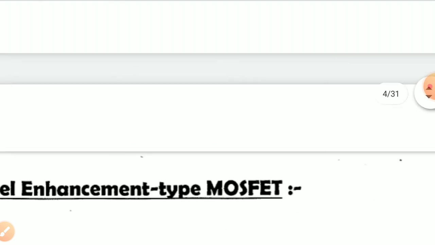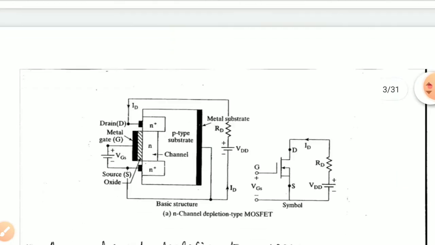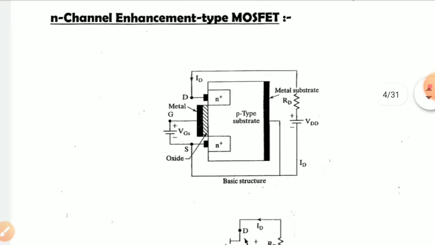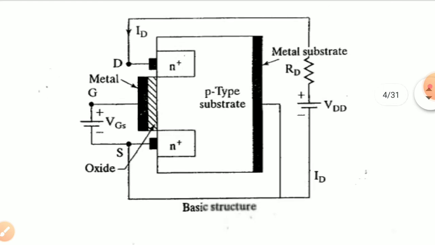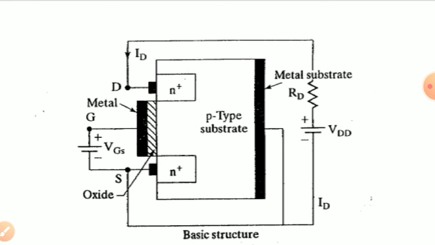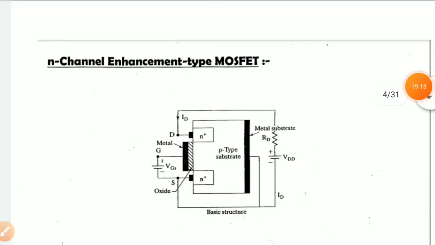Out of these two types, based on the gate voltages, the enhancement type of MOSFET is widely used in various applications because of some of its advantages, compared to other types of circuits. That's about the constructional view of MOSFETs and the constructional features of the n channel and p channel enhancement types.